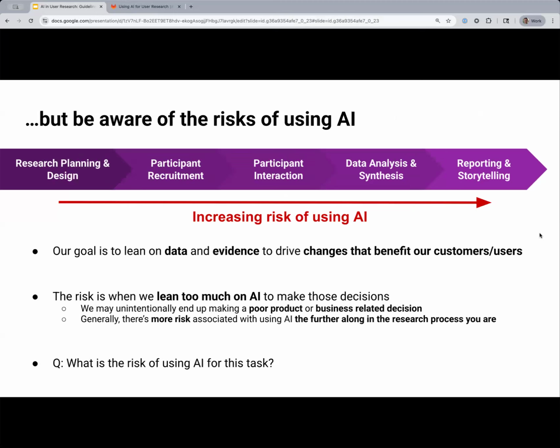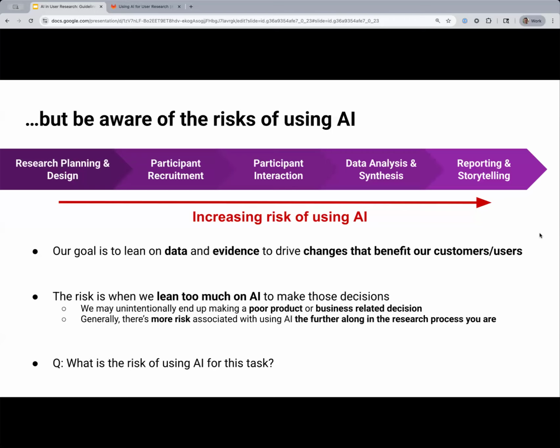When we think about that entire process from start to finish, it's really important to also think of the risk that's associated with using AI. We're really leaning on the data and evidence from the research that we're doing to make good decisions that are going to benefit not only our company, but our customers and end users. If we lean on AI a little bit too much, especially the later we go in the research process, like the data analysis, synthesis, and also reporting and storytelling,